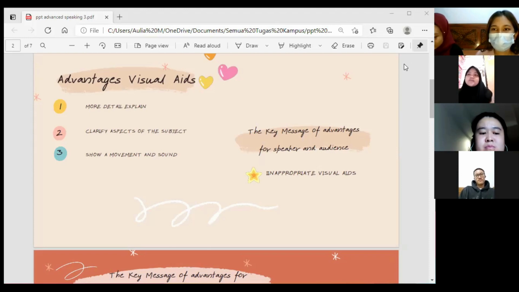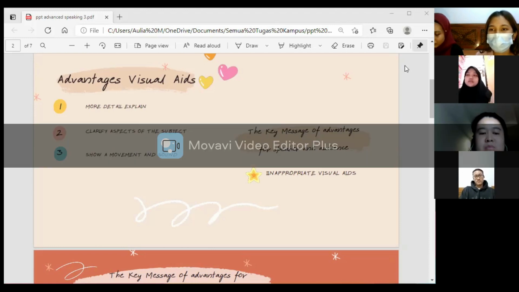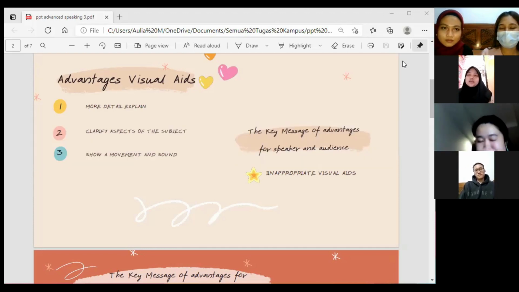First is inappropriate visual aids. Poor quality visuals are distracting and let down the whole occasion. This is especially true of visual aids which are so unclear that they fail to convey any message at all.